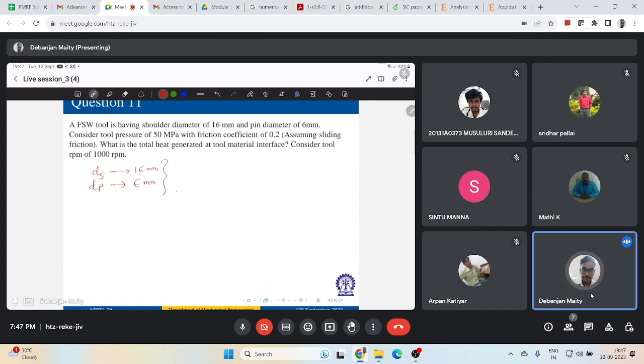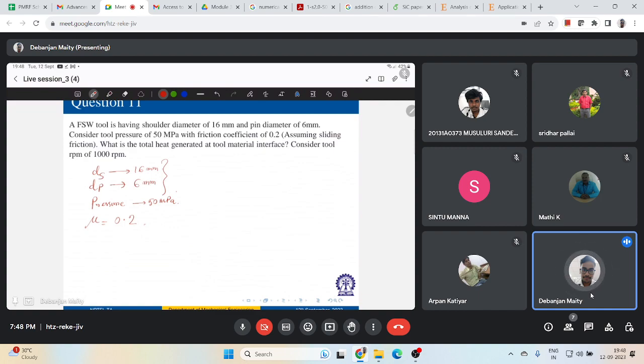I have taken these random values, so don't be confused with the practical application. Then I am saying that the tool is applying a pressure of 50 megapascal. You have a coefficient of friction of 0.2, and you assume